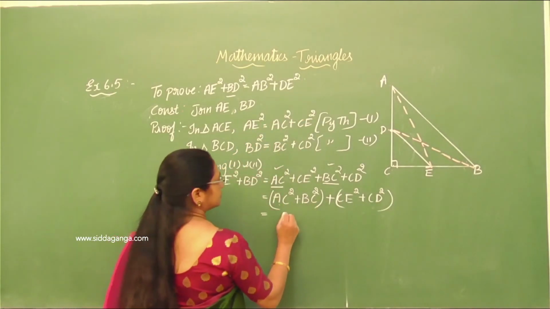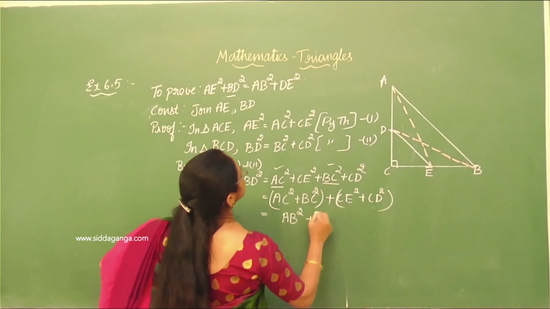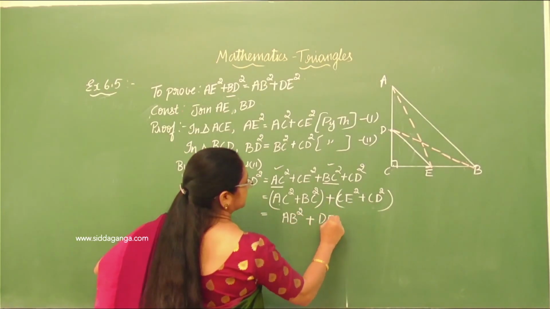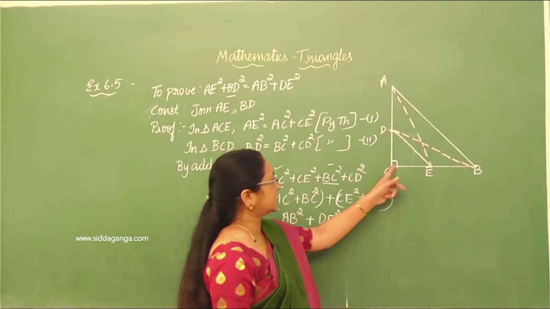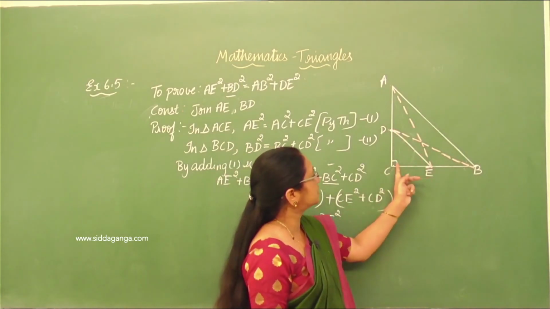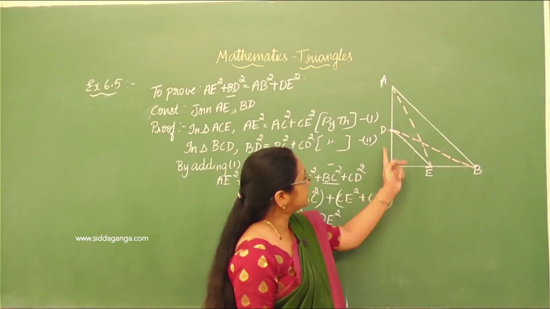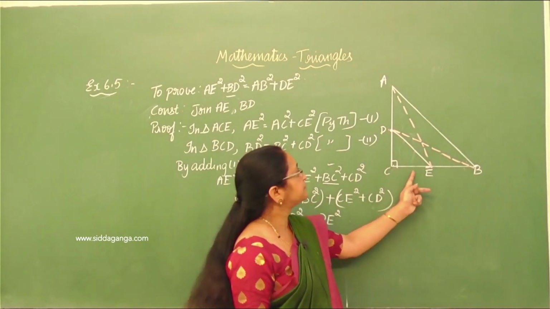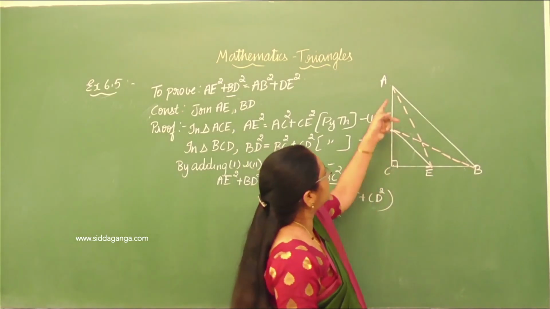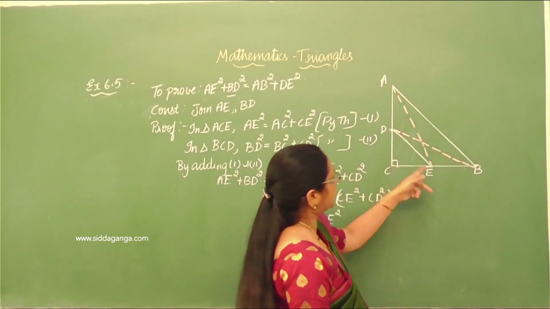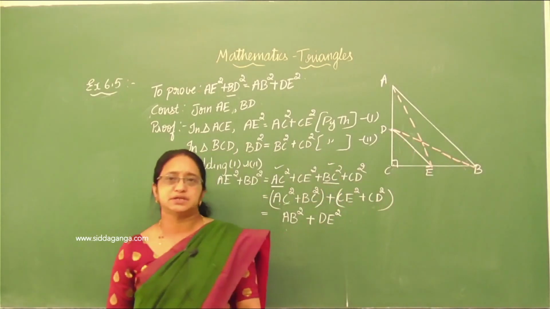Thus CE square plus CD square is DE square, again by Pythagoras theorem only, because this is a right angle triangle. All triangles are based on this right angle only. We have DCE, a right angle triangle, and we have ACE, a right angle triangle, and also we have ACB, the whole triangle, and DCB is another right angle triangle.